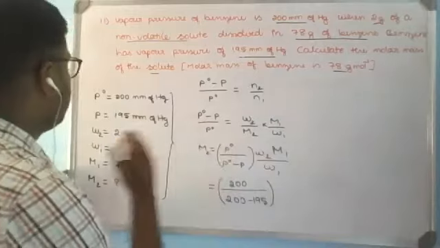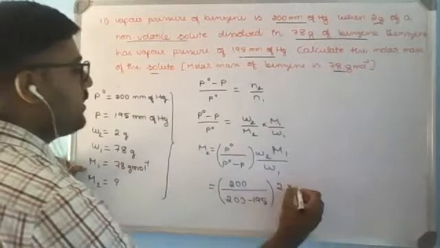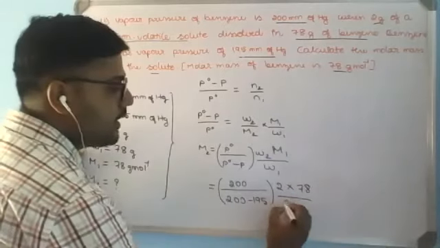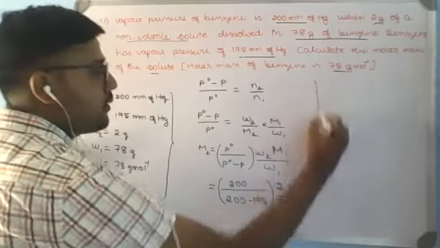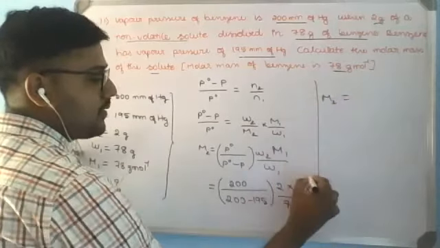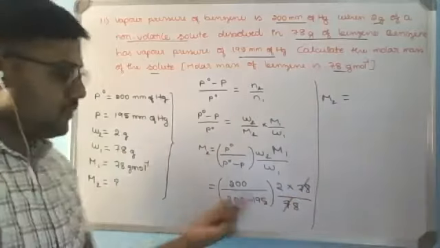Then W2 is 2 grams. Molar mass of solvent is 78 grams. Mass of solvent is also 78 grams. We'll go with finding the molar mass now. 78, 78, so exactly divisible. So we'll go with simple